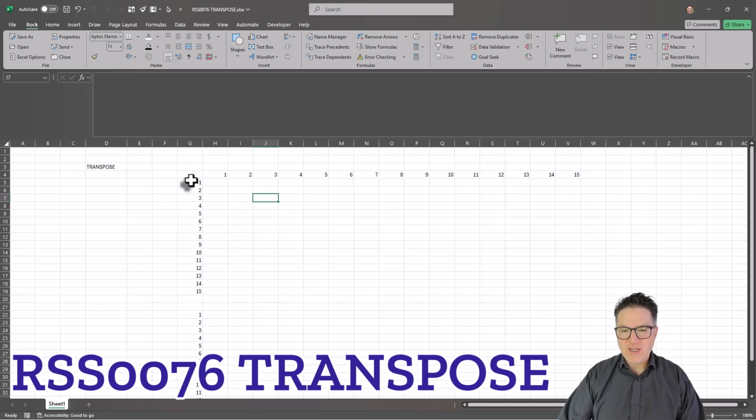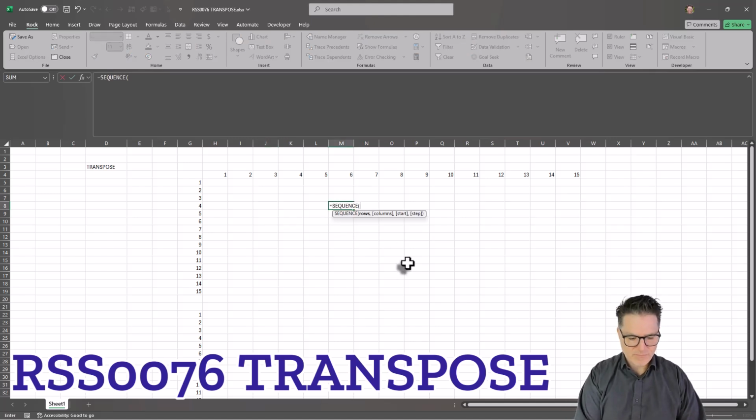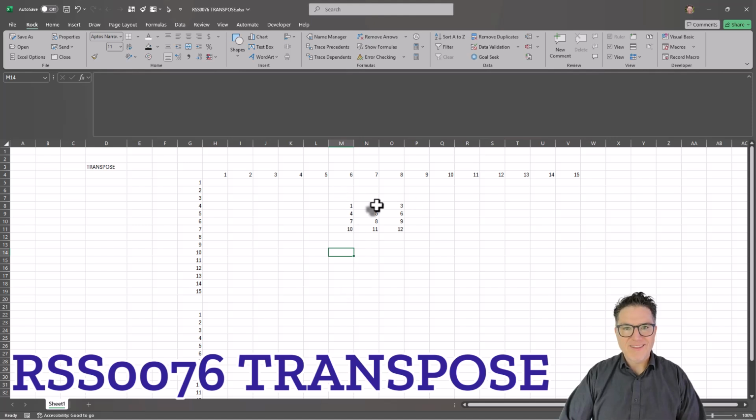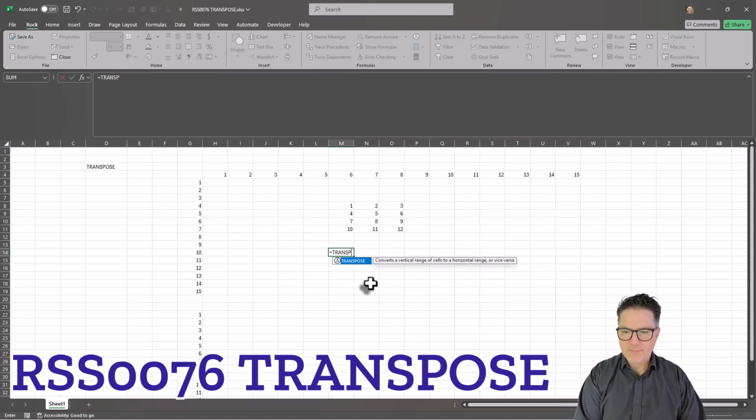And I'm using it just with a single column or row, but the same applies for, let's say we've got a sequence of, I'm going to say 4 by 3. So that goes up to 12 with 3 columns and 4 rows. But if I transpose that,